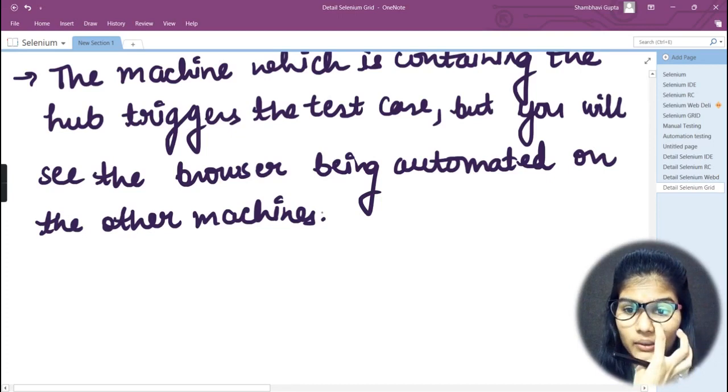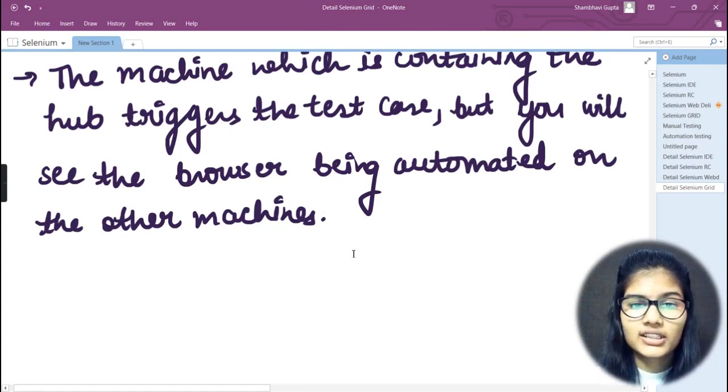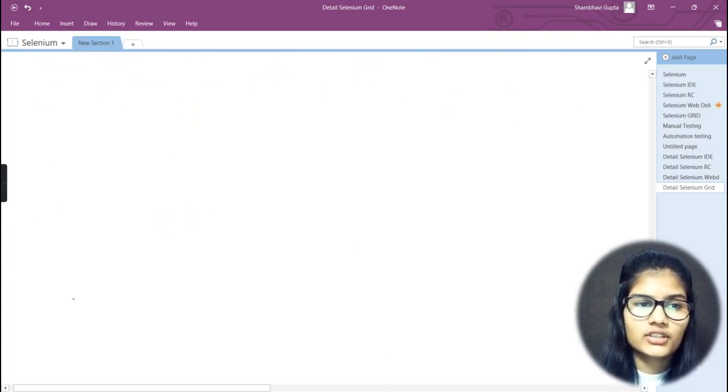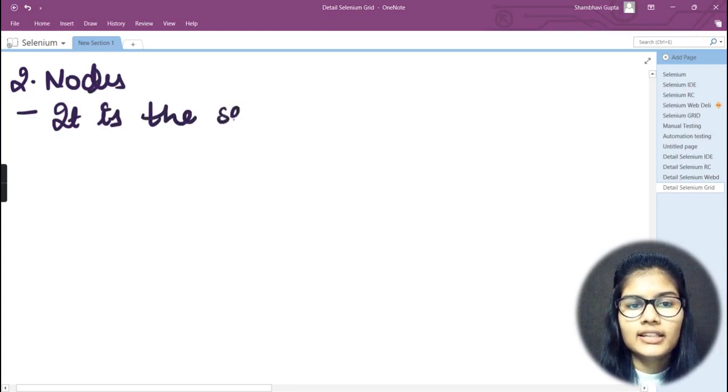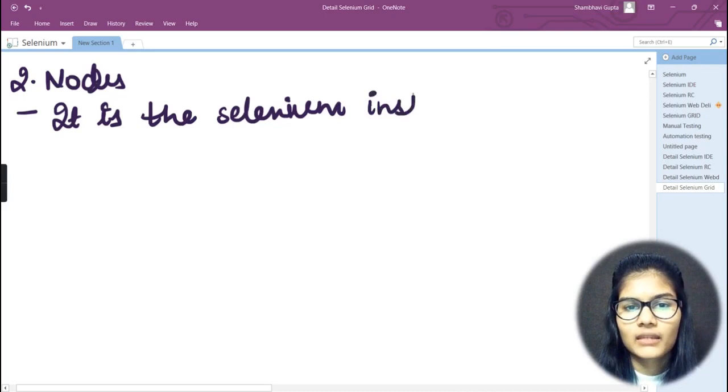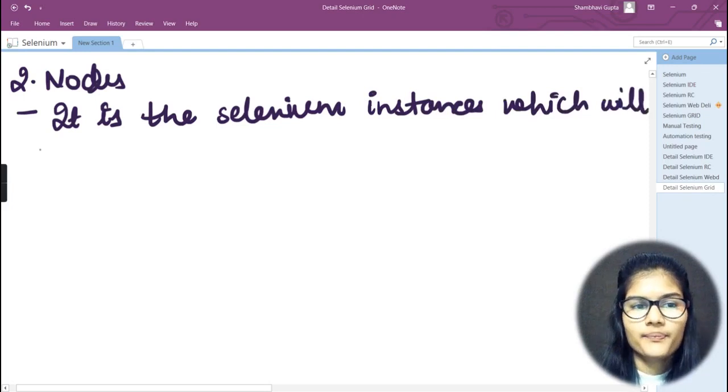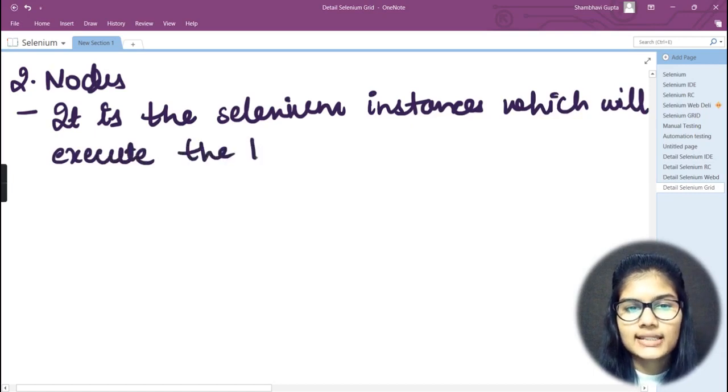Okay. Now if I talk about the nodes, what are the nodes? So let's get some space here and start writing about the nodes. Nodes, fine. So what are nodes? It is the Selenium instances which will execute the test cases